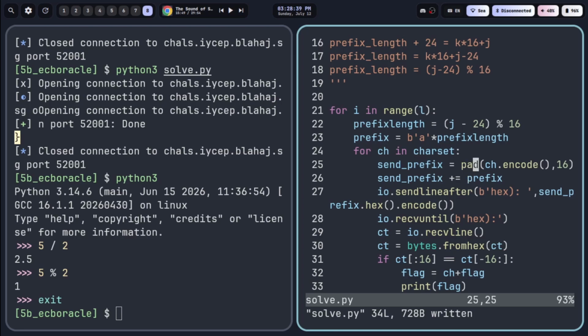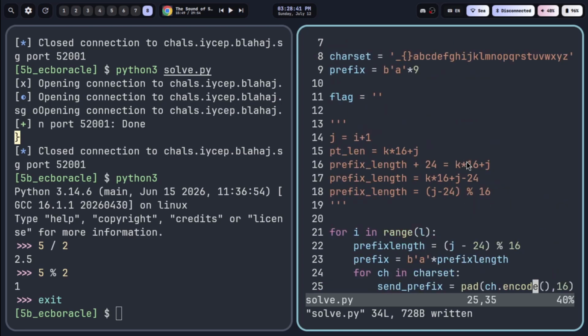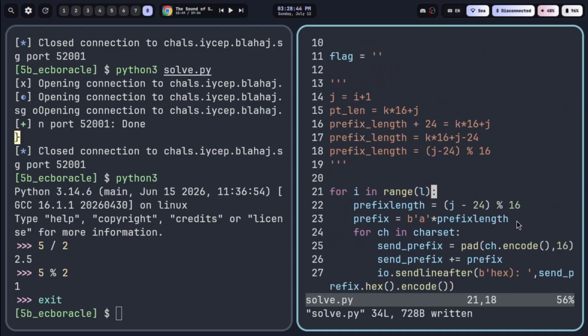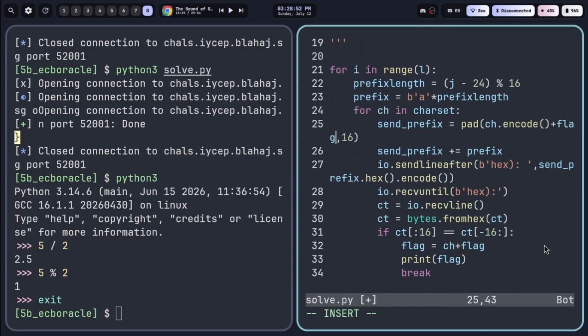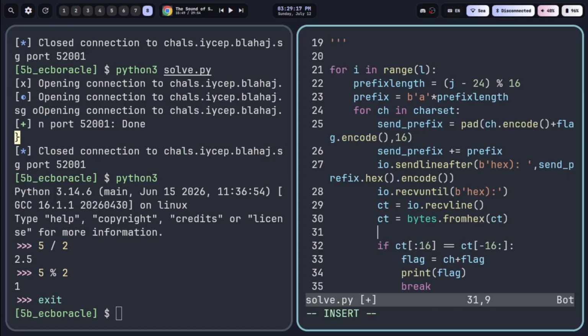Okay, here. So we're trying to brute force the last few characters of the flag plus the character that we know, plus ch. So let's do this. And this should pad properly. But we also realize that since the flag is 24 bytes, this can go to more than 16 bytes. So we can't just take the last 16. We need to go minus 16, which is the last 16, but we need to go one more if it's more than 16. In this case, since it can only be up to 32 bytes because the flag is less than 32 bytes,